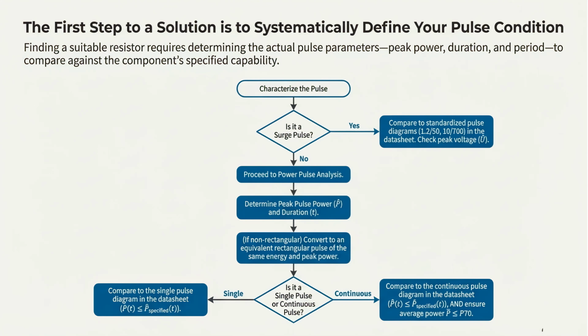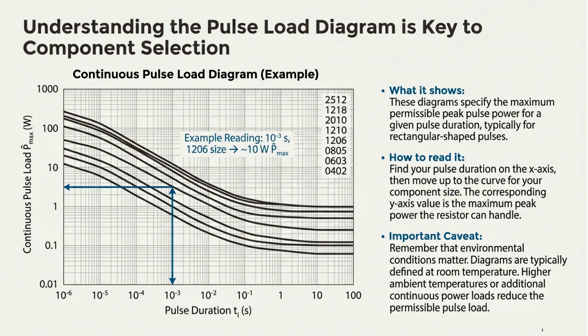Determine the peak power, duration, and period to compare against the component's specified capability using this flowchart. Understanding the pulse load diagram is key to component selection. These diagrams specify the maximum permissible peak pulse power for a given duration. Find your pulse duration on the x-axis and move up to the curve for your component size to find the